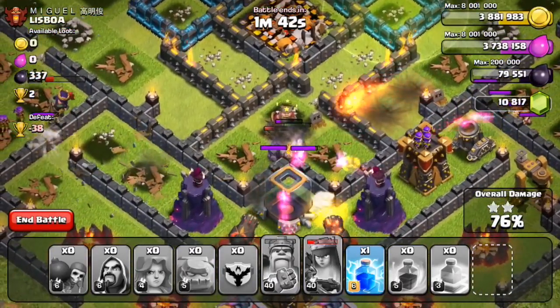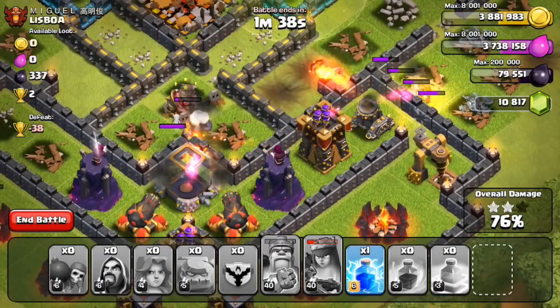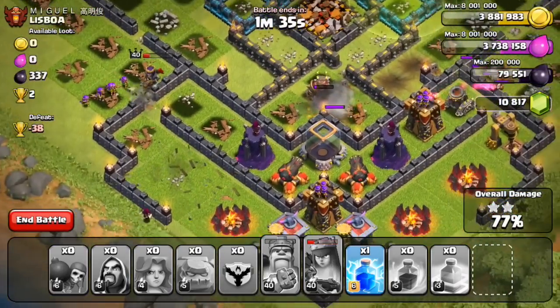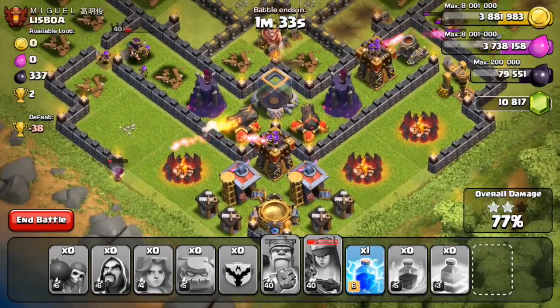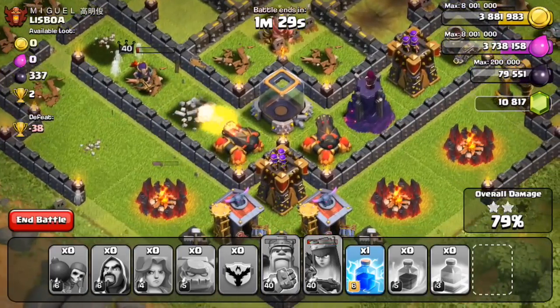Those guys are just hanging there, swinging around in a circle. It would be pretty cool if they could swing over the walls, but maybe they'd be broken if they could do that. But as you can see, my king goes down. I still have that queen on the left-hand side who's going to get shot down in just a second. So maybe if my troops were a little bit closer together, I would have been able to get 3 stars